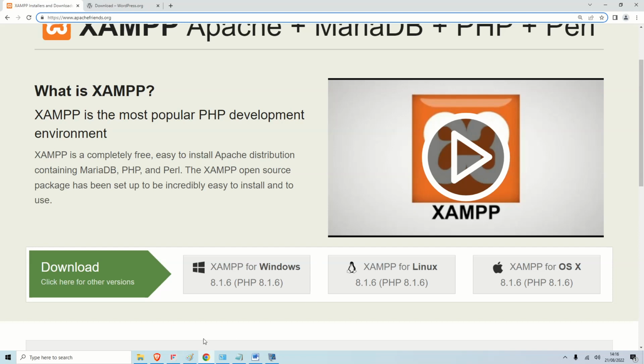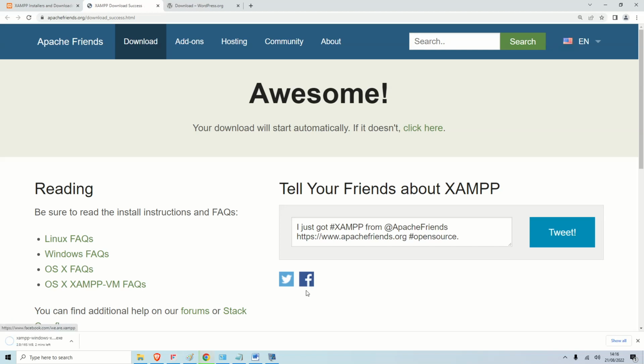So what you should do is choose what kind of operating system you have. We have Windows 10, so we are going to use XAMPP for Windows. There is XAMPP for Linux. There is XAMPP for Mac OS. So what we do is we download this one now, and while it's continuing,